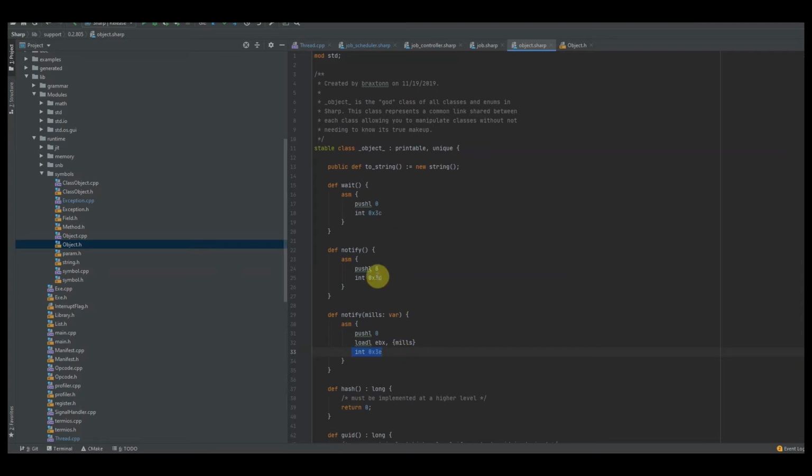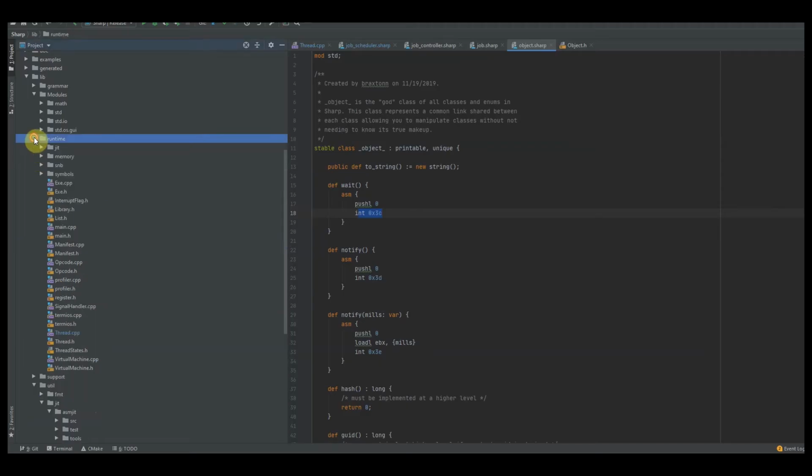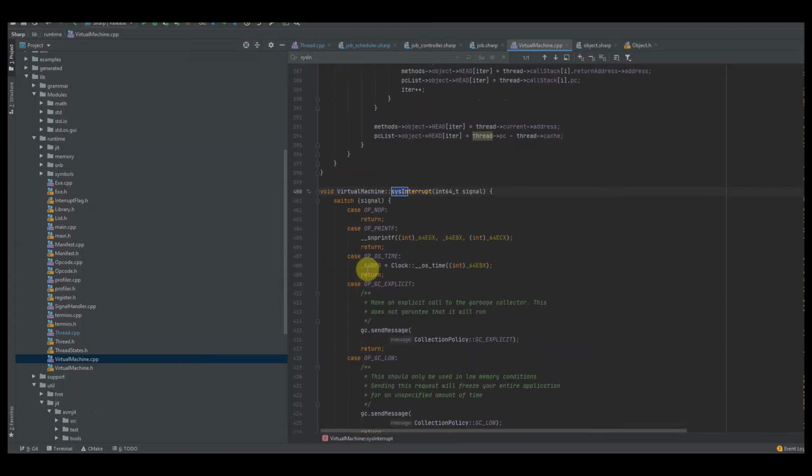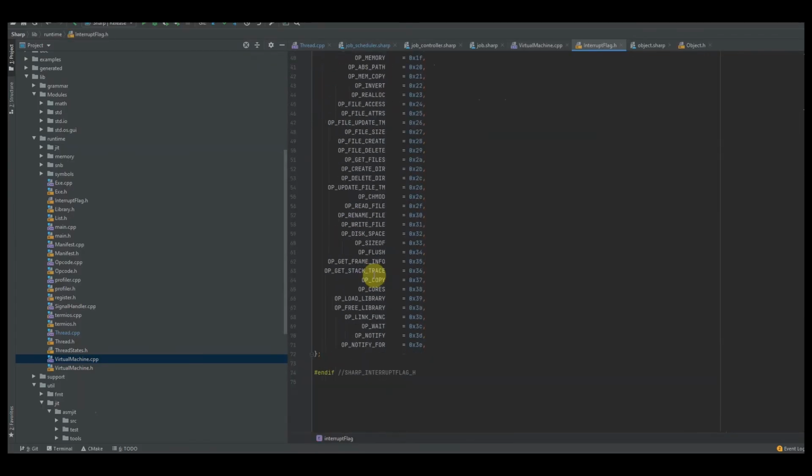Now, these numbers you don't really need to pay too much attention to. These are just random values based on where they fell in my switch statement. If you're going to do this, you're probably going to have different numbers than me, so you don't have to copy these values exactly. That's going to be inside of virtual machine CPP, and then I do a search for system interrupt, and then I go inside of here,